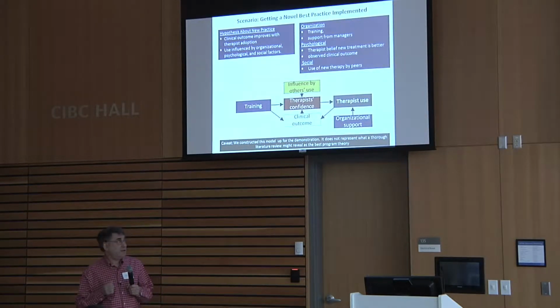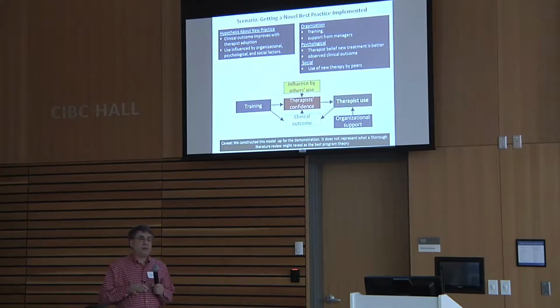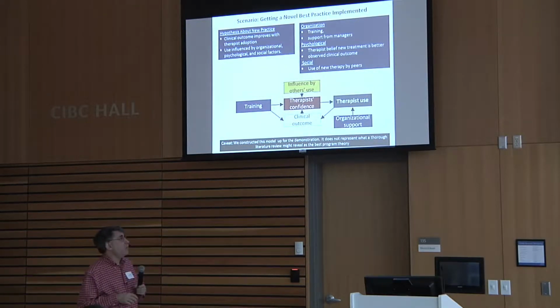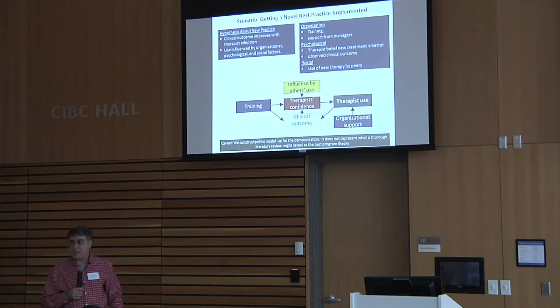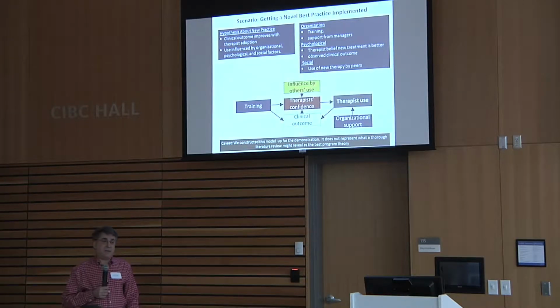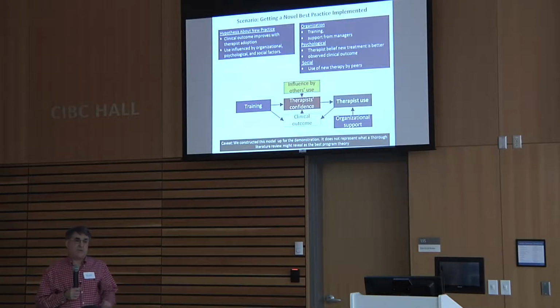And one of the reasons we did it this way is that the simulation I'm about to show you was done on a shoestring, as in our spare time, and it only took a couple of hours. So we couldn't exactly get too fancy about this. But here we go. So here's a situation where you're trying to get therapists to adopt presumably a new best practice in a mental health setting. So we made up this little theory, and we said whether or not the new innovation is going to be adopted is going to depend on some organizational variables, some psychological variables, some clinical variables, and some social psychological variables,